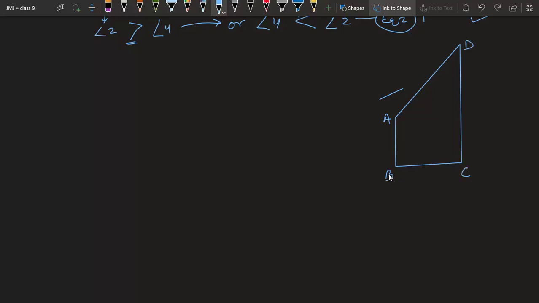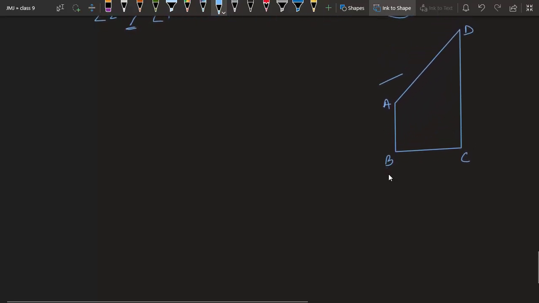This time we want to prove case number 2, that is we want to prove this angle B is more than angle D. So this time the construction will change, we will join these two. If you have not tried on your own, I request you to try on your own first and then only see this solution. We can call these angles, as they are being divided, as 1, 2, 3 and 4.